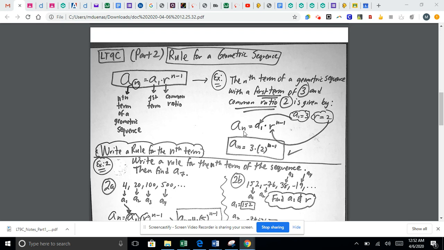So the formula is A sub n equals A sub 1 times R to the n minus 1. All we have to do here is, once you find these two pieces of information, you can just substitute. A sub n stays the same. We're finding the nth term of a geometric sequence. The A sub 1, the first term, was 3, times R, which is the common ratio. In this case, they gave it to us and it was 2, and then 2 to the n minus 1